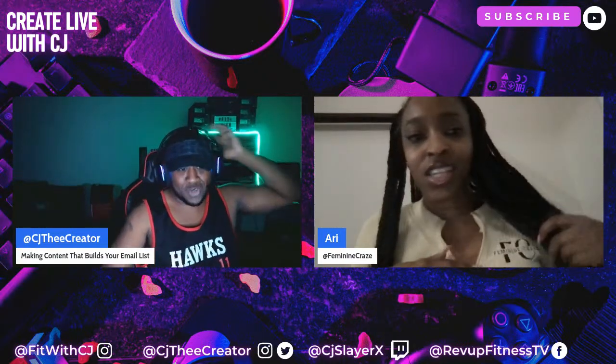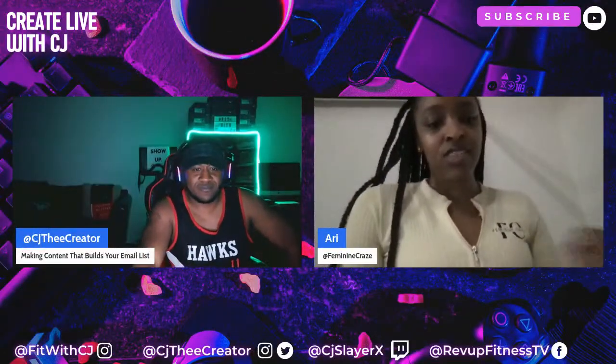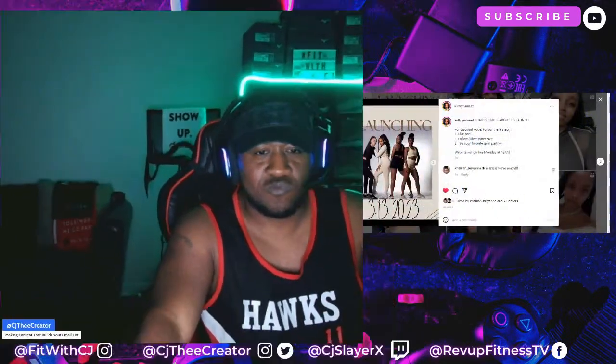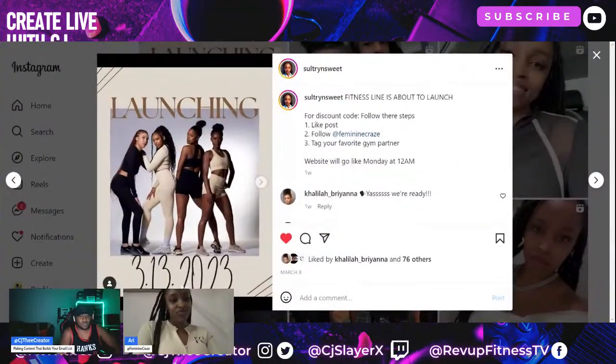Okay, hold on. I'm about to zoom in on you. This is one of the jackets that we have here. It's a crop jacket, real stretchy, real durable. I have it in beige and black as well. We also have leggings, shorts, and sports bras as well. So I'm just playing around with these different things. I'm trying to say, how do I make you bigger than me? And I don't know how to do it, but it's all good.